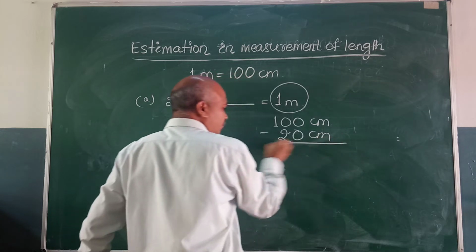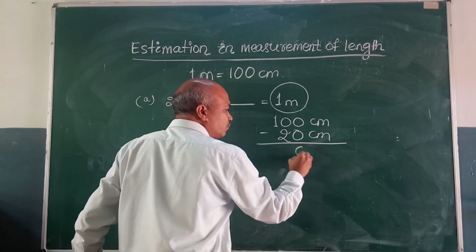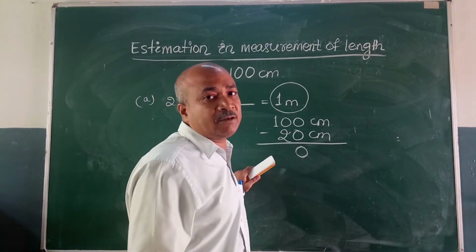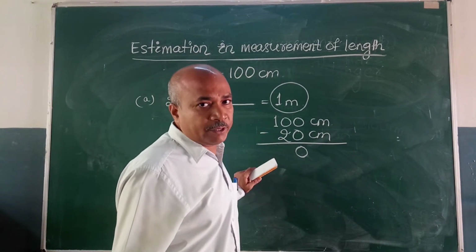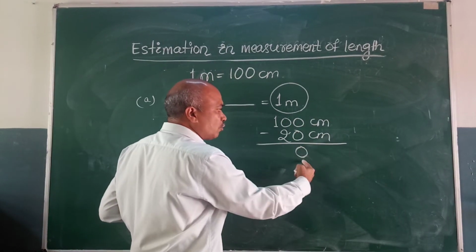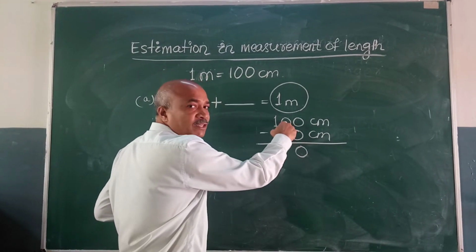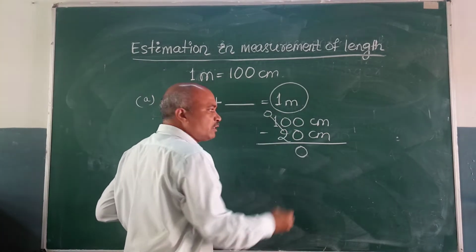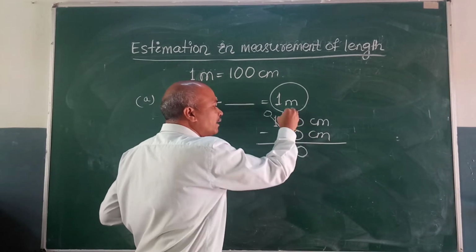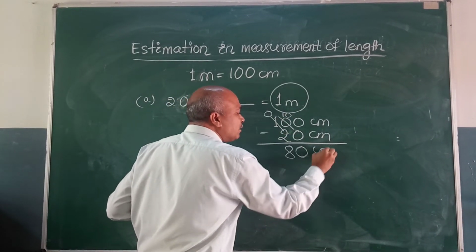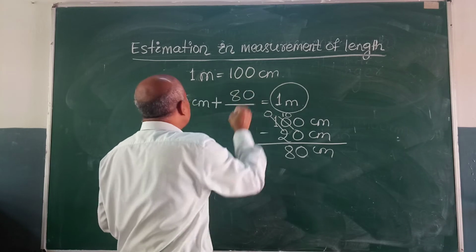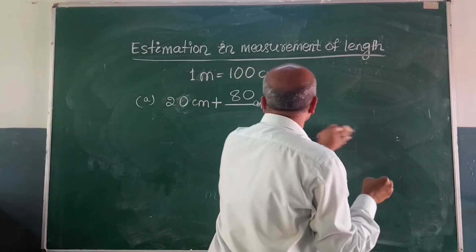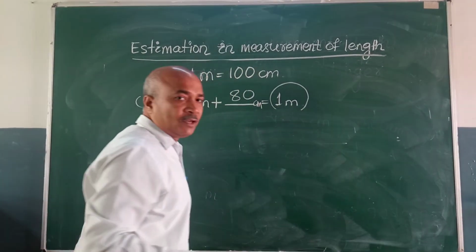Subtracting 20 centimeter. 0 minus 0, 0. That is why before this lesson I had explained to you how to do subtraction with borrowing and without borrowing. So 0 subtracted from 0, 0. Now 2 cannot be subtracted from this 0. You will borrow from the 100 place. If you borrow, here it will remain 0 and here it will become 10. 10 minus 2 is equal to 8, so you got 80 centimeter. That means 20 centimeter plus 80 centimeter is equal to 1 meter or 100 centimeter.